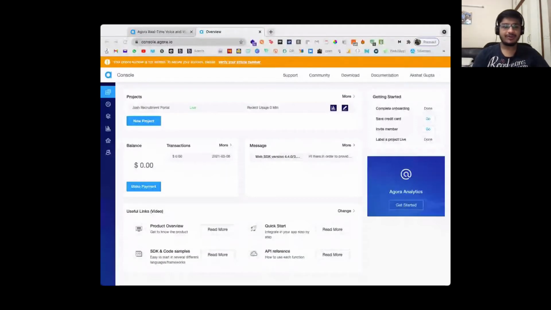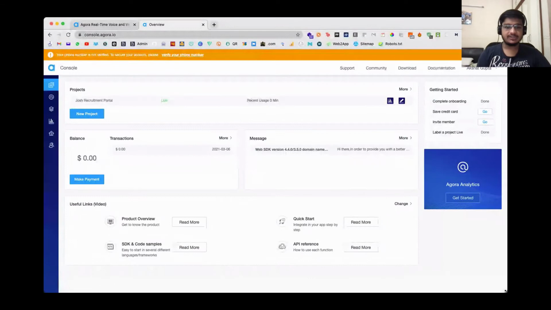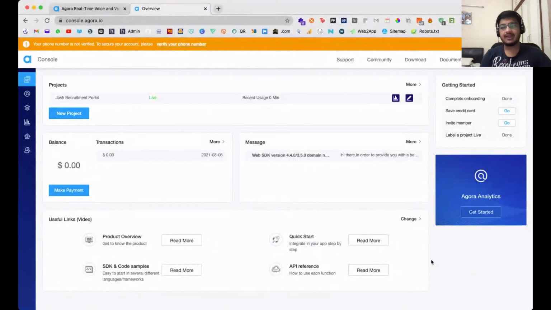I'll walk you through a very simple process so that you understand how this actually works. Agora is a client-side SDK, you can say. Client-side in the aspect that it's not fully working on the client side. Agora has our own servers and they handle all the work for you. You don't need to write any, say, Node.js or Django code. All the sockets and everything are taken care of by us.